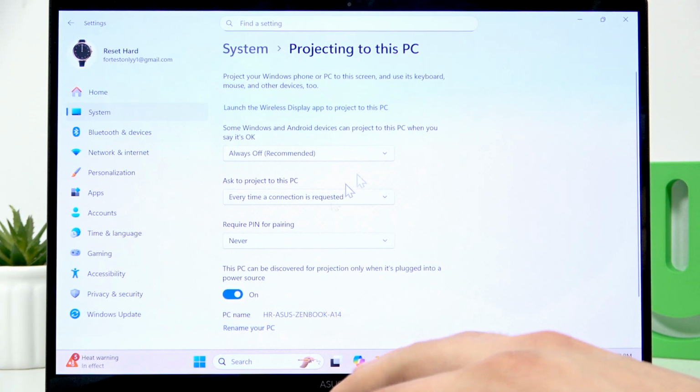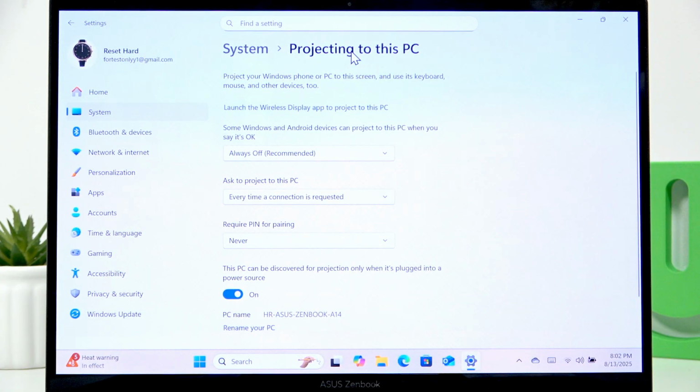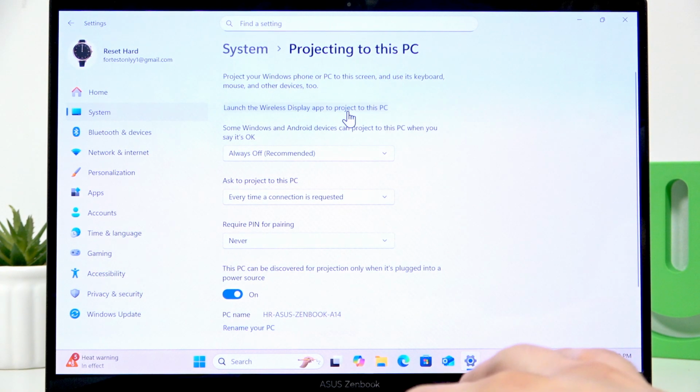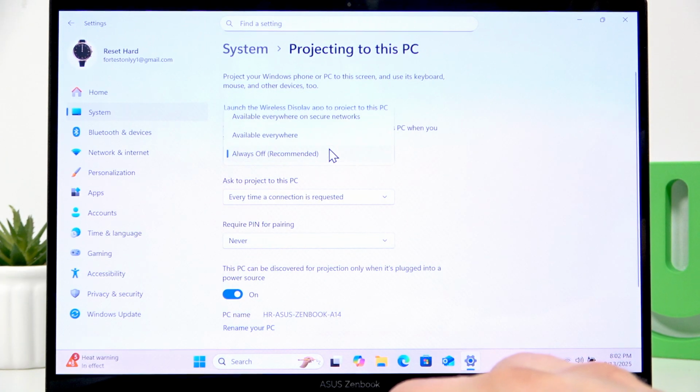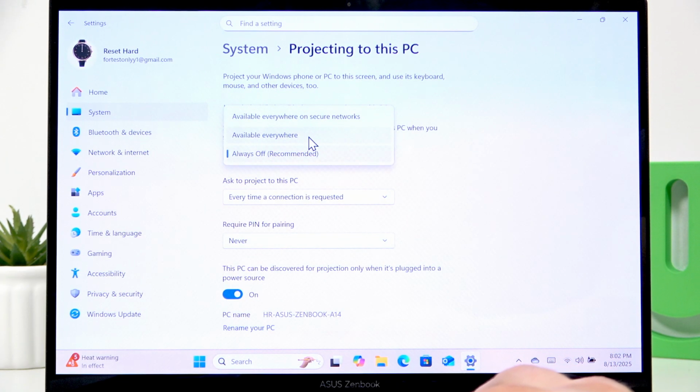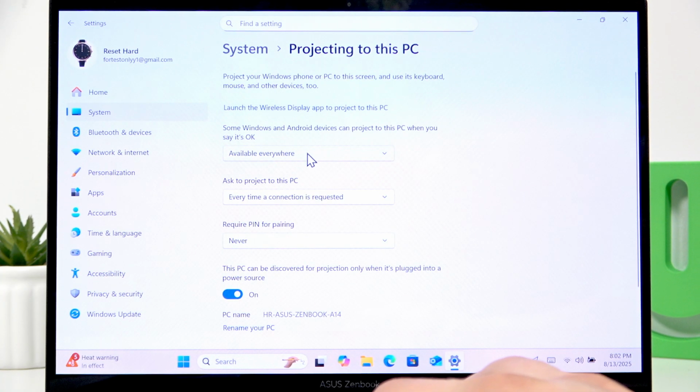The first thing I want you to know is that you have to connect both devices to the same Wi-Fi network before using this feature. Then right here select either available everywhere or everywhere on secure networks if you're using a secure network, and also